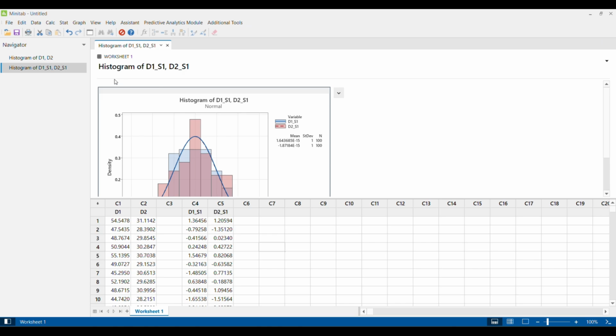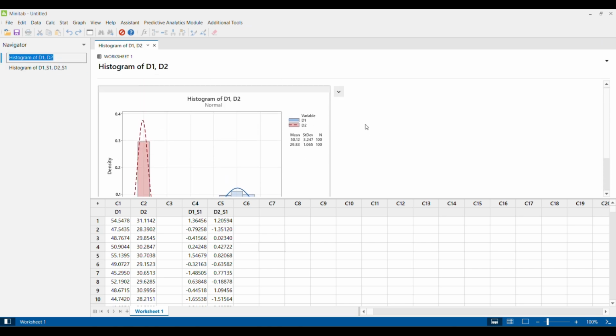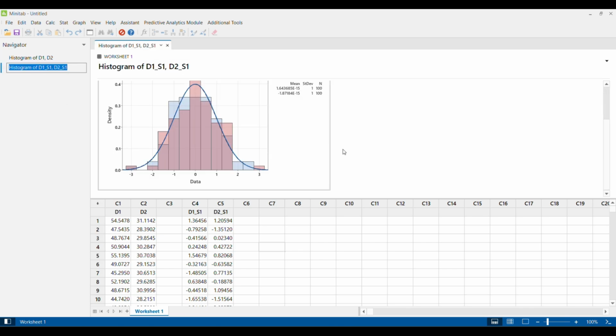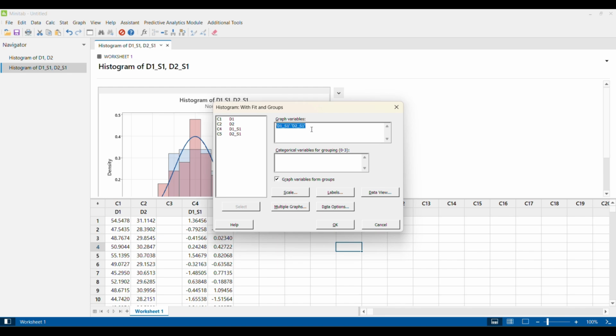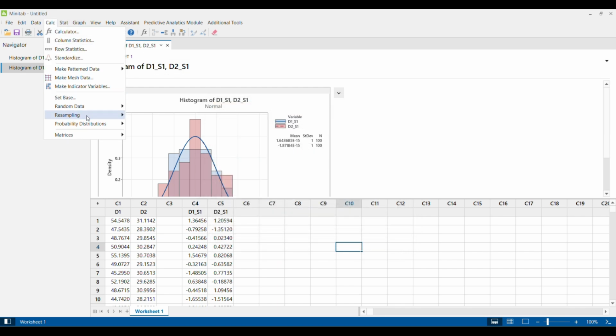So the original scale of the data can be something else in terms of its central tendency, in terms of its variation. The original scale can be something else, but you will be able to convert it into a standardized value and then do whatever calculations we want to do. So this is one commonly used method, which is the z-score method. The other method would be, so I click on Calc, I click on Standardize,